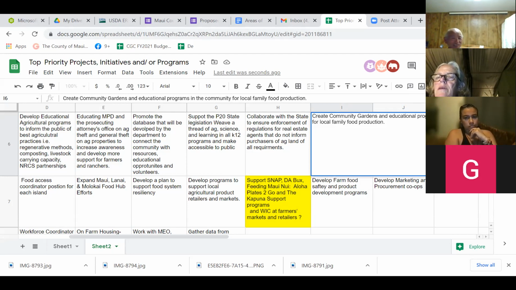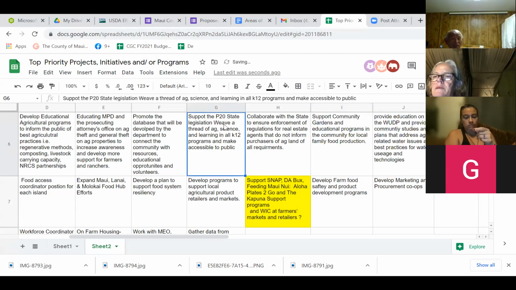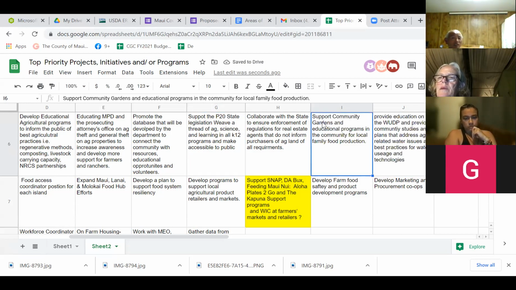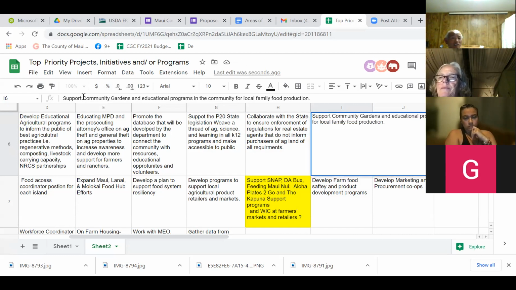So do we need this in the first 5 years of the department? Maybe instead of create, support. Okay. Because it's created, maybe they can support it. Because CTAR is hurting financially for their programs, big time. UH is hurting. UH is a part of the umbrella. I would say support opportunities for community gardens and educational programs. Put initiatives too, so that is new and old.